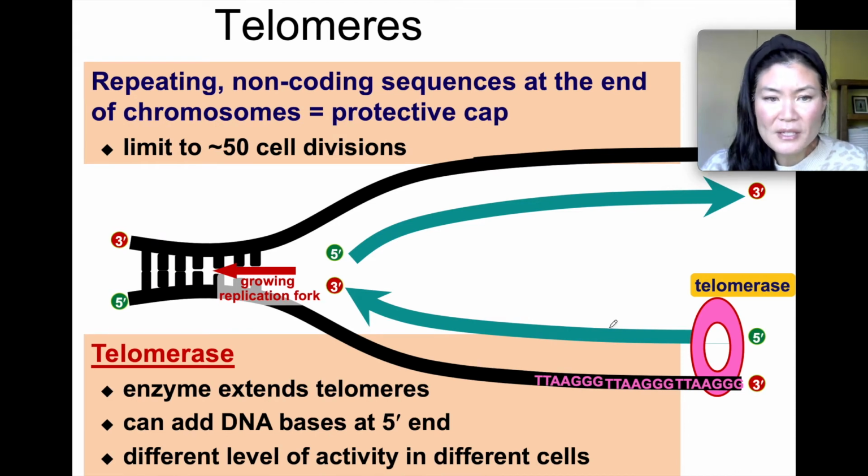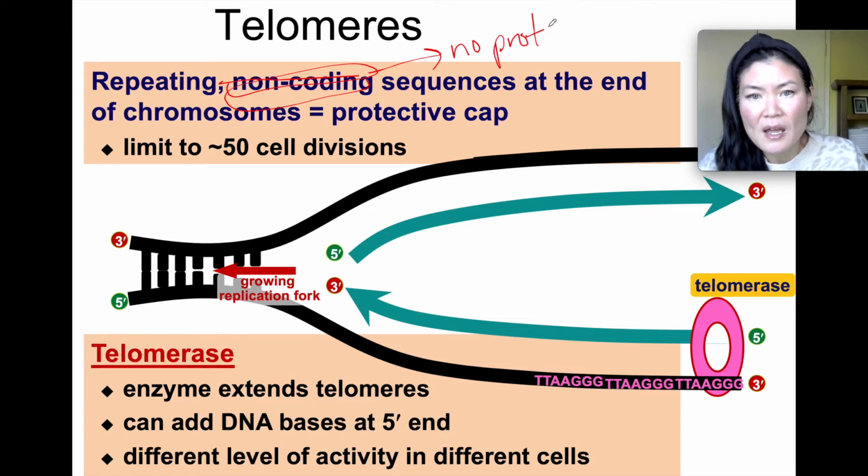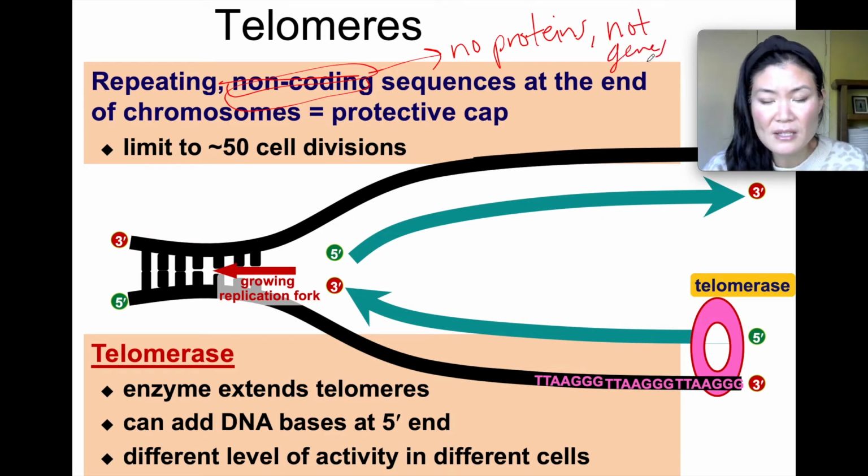So this is a really cool evolutionary adaptation, is that on all of our chromosomes we have telomeres, okay? Telomeres are non-coding sequences at the end of DNA. What I mean by non-coding is that they do not code for protein. Basically, guys, they're not genes. They're just A's, T's, G's, and C's, the adenines, thymines, guanines, and cytosines, that don't actually